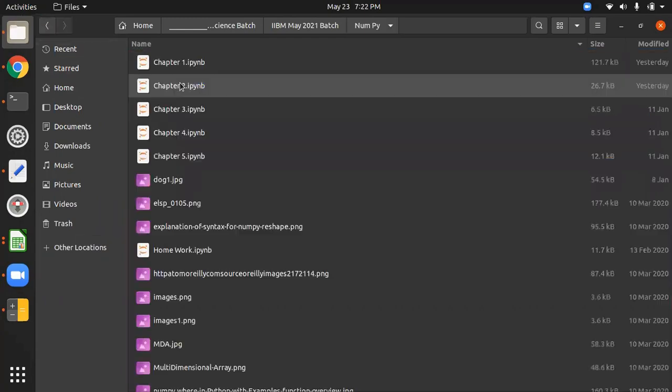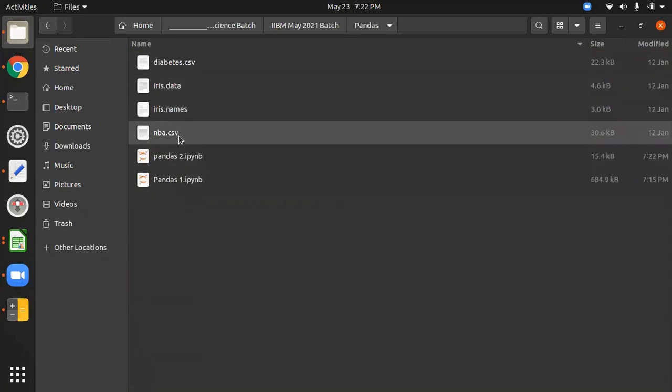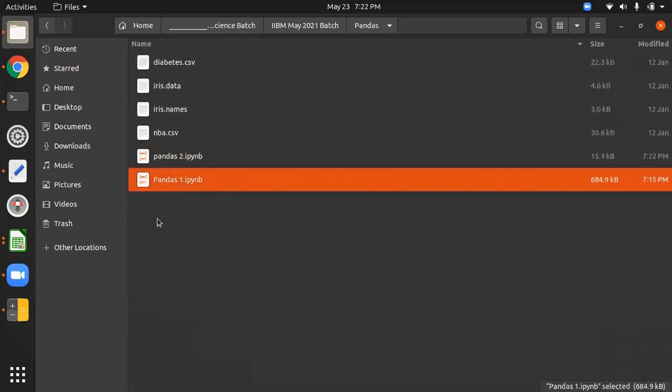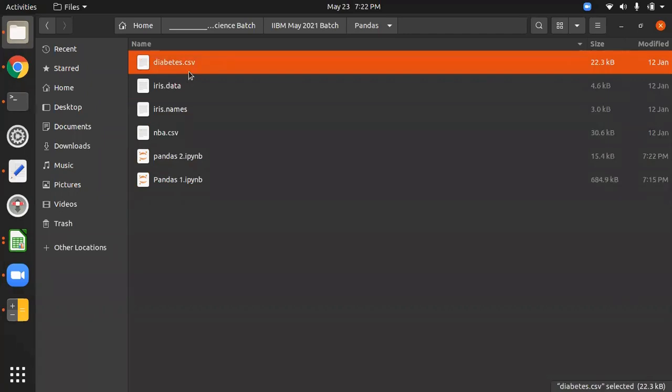NumPy was completed yesterday, pandas is completing today. So this is my root folder. What is the root folder? Where your code file is, that is your root folder. Where your code file is, put your data set over here, or read online. So you mean whenever we save our data in the root folder, we do not need to copy the path? Yes, definitely. This is the alternative way. All right, thank you, sir.